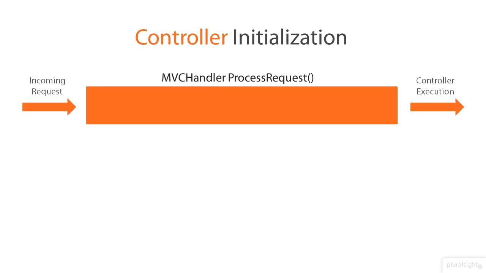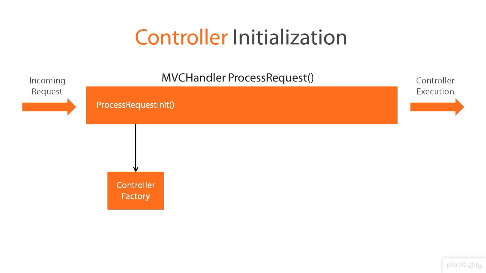So the MVC handler's ProcessRequest method is ultimately responsible for generating a response to an incoming request. To do this, it must create and execute a controller. The MVC handler does not complete all of this work on its own, though. Instead, it leverages the help of a few other important classes. First, it calls a child method named ProcessRequestInit, which asks a component called the controller factory to provide a controller